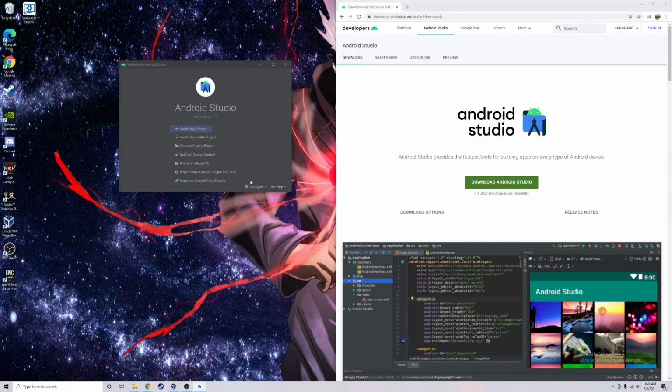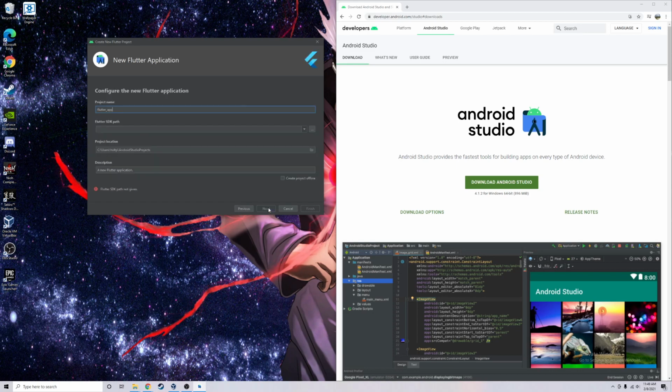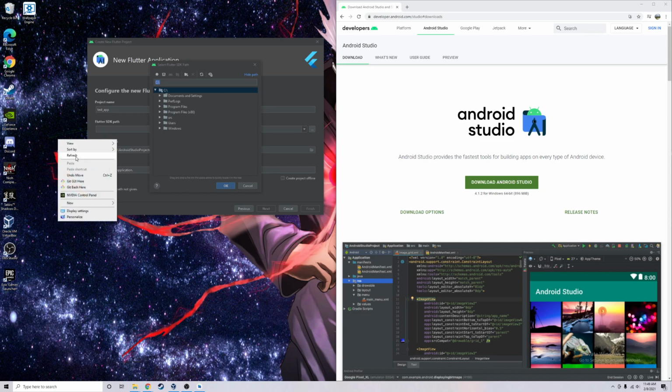So now that you've got Flutter installed, the next thing you're going to want to do, you can go ahead and create a new Flutter project. Let's just do the basic. We'll call it test app. And let's put it in. Here's what I'm going to do. I'm going to create a new folder and call it apps. Then I'm going to go and